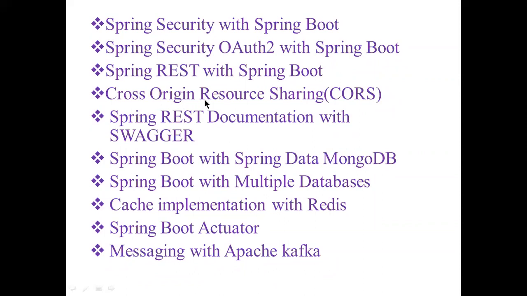And I'll tell you the meaning of cross-origin resource sharing and how it is possible with Spring Boot applications. It means a script from one website is trying to access resources from a website running on a different domain. A script belonging to domain 1 is trying to access resources from an application running on domain 2. That is called cross-origin resource sharing. So I will tell you how to enable it in Spring REST applications. We are going to create REST endpoints and allow a script from another domain to access our REST services.